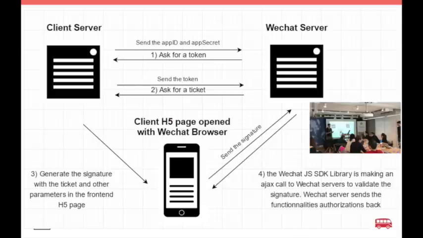So hashing is a security system that takes a string and encodes it into another string. It hashes using some parameters: the ticket, and other parameters like the timestamp. The timestamp is the current time in seconds. Then the nonce, which is a randomly generated string, and a third one